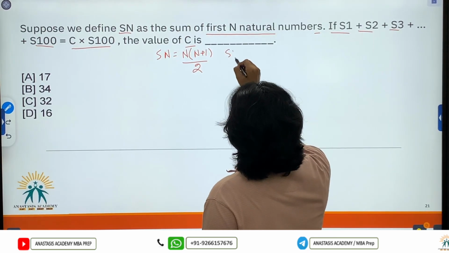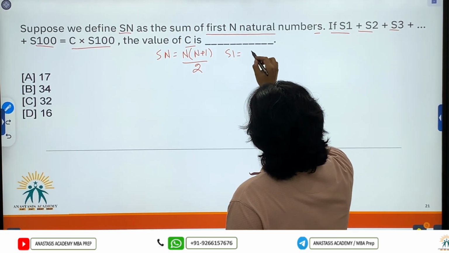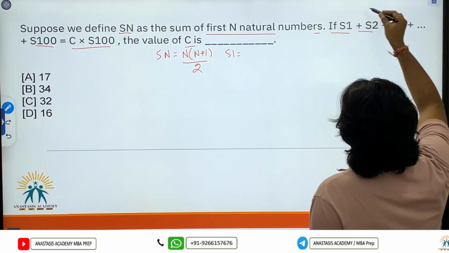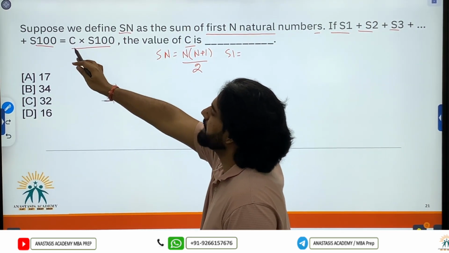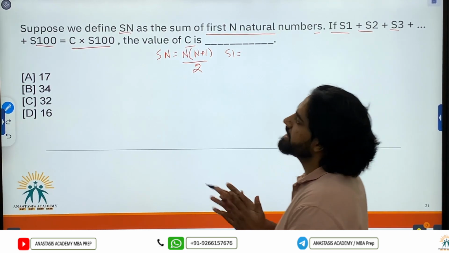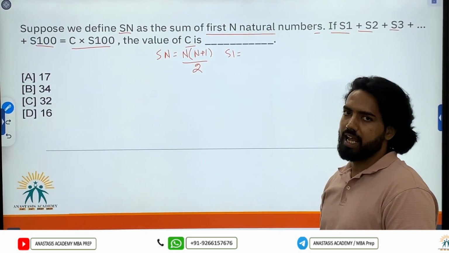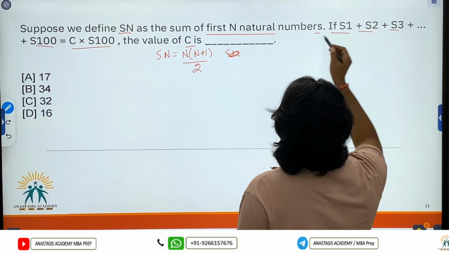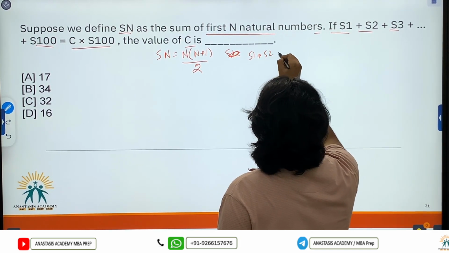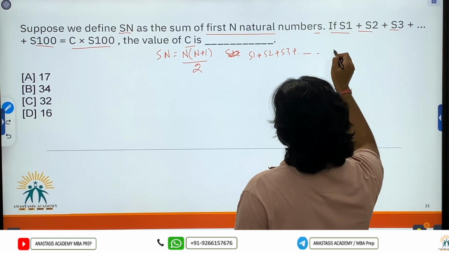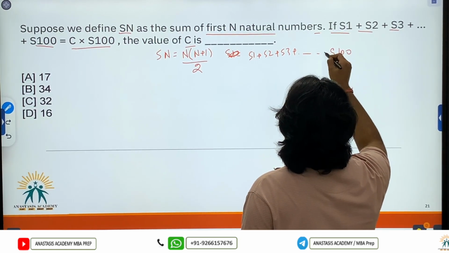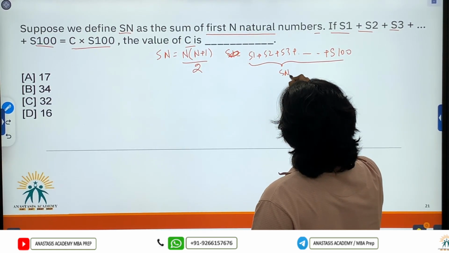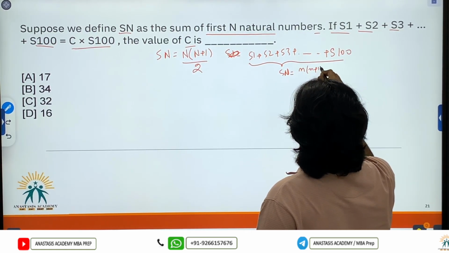So S1 would be how much? It is given that S1, S2, S3, up till S100, the sum of this series is given as C times S100. So this sum, which is S1 plus S2 plus S3 plus up to S100, I know the general term of this series, Sn, would be given by n(n+1)/2,